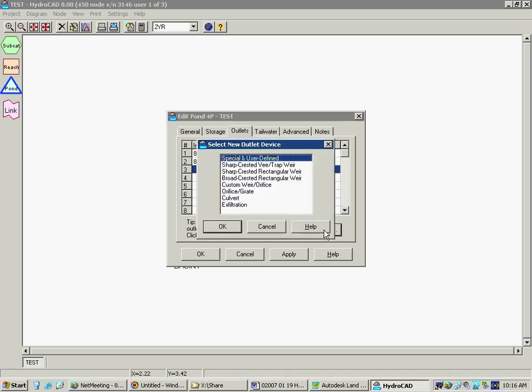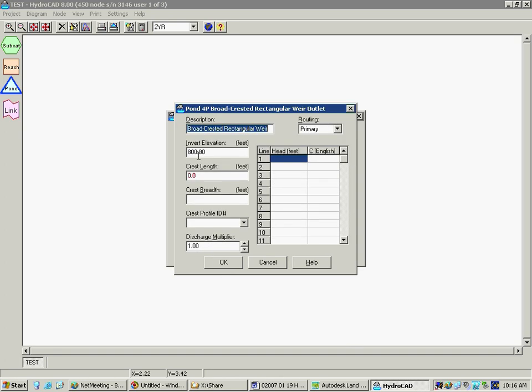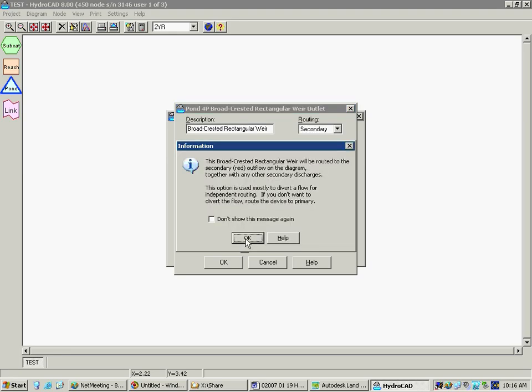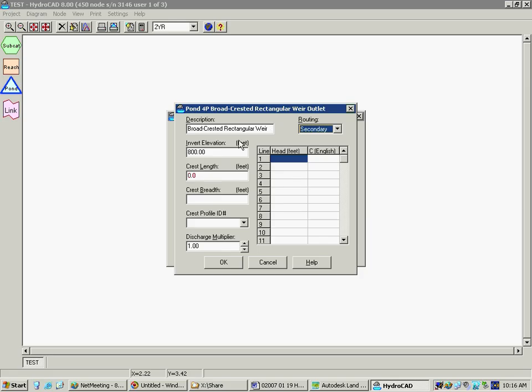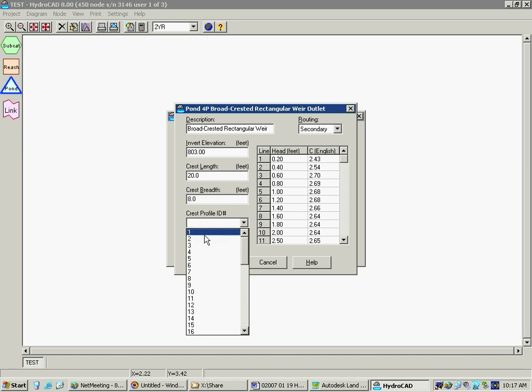Then we'll put in an emergency spillway. Where is that? Broad crested rectangular weir. This is going to be secondary flow, which means it's separate from the primary flow if it ever reaches that water surface elevation. Invert, does anybody recall what the top of my basin was? 804. We'll call this 803. Crest length 20, crest breadth 8. Crest profile ID, you can pick a number of these,